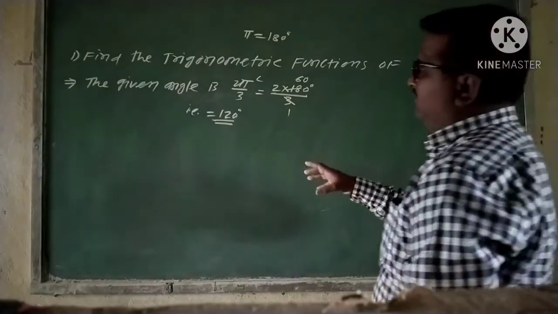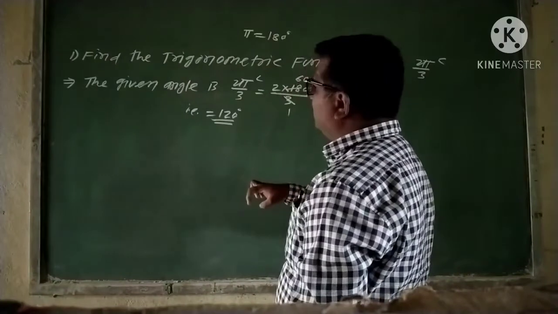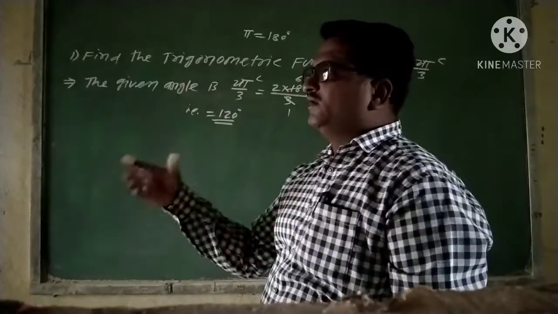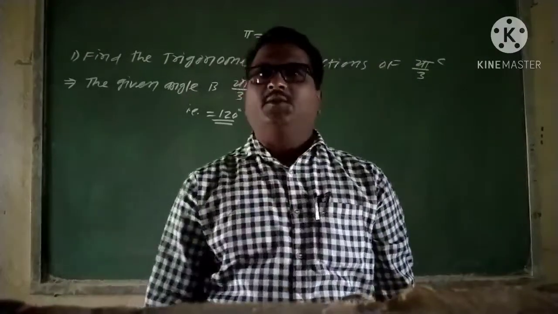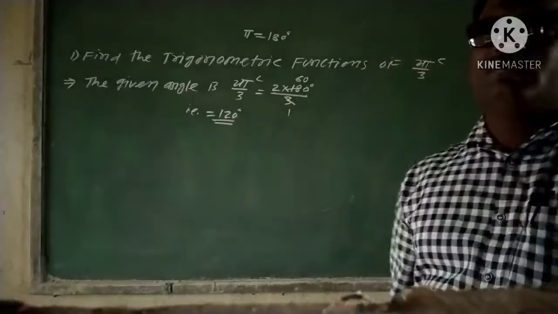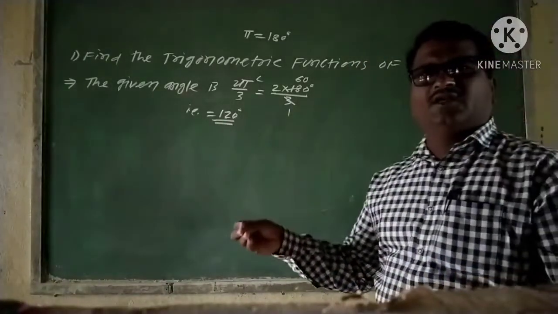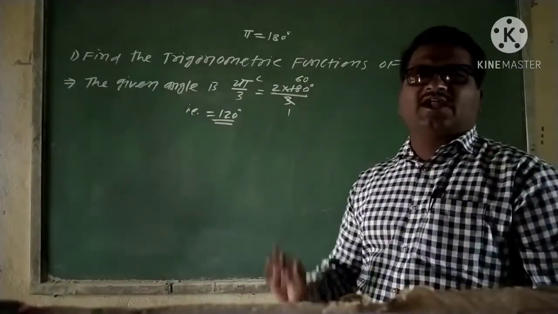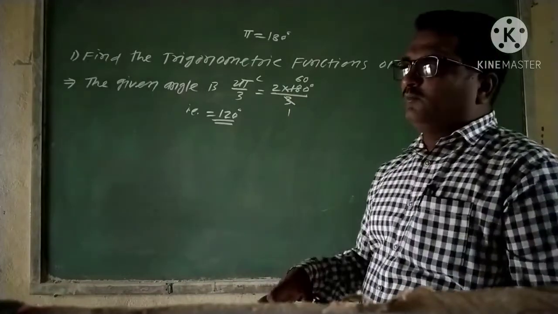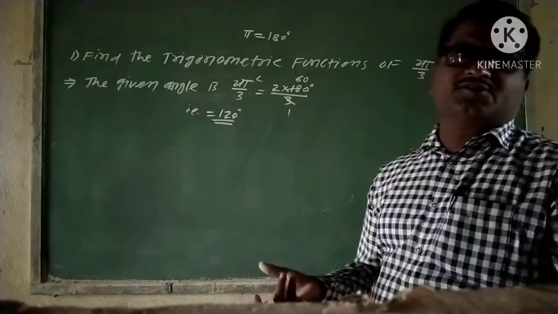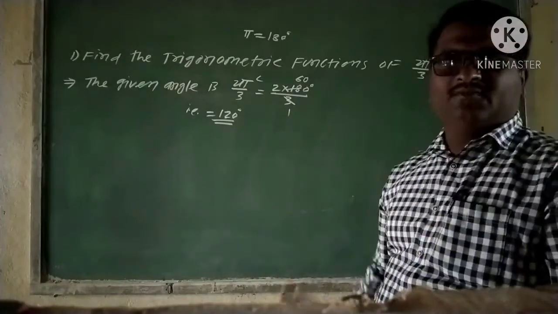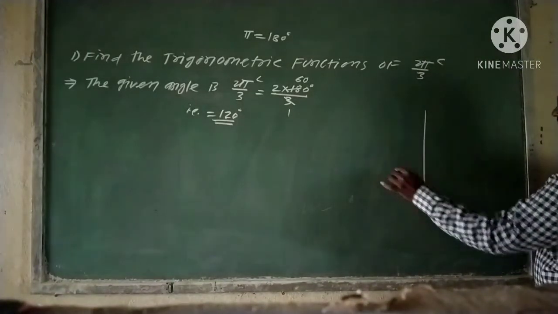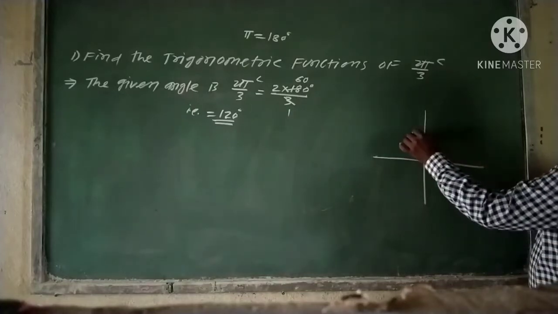Now we have to find the trigonometric functions of the 120 degree angle. We have to consider here the unit circle, a standard unit circle. Now the base is set. To find the trigonometric functions of 0, 30, 45 up to 360 degrees, we have to consider only a standard unit circle and find the trigonometric functions of all angles. The process is the same. We consider a standard unit circle.